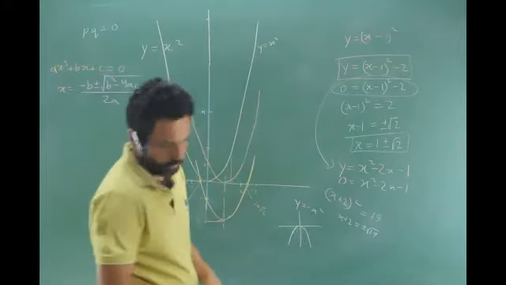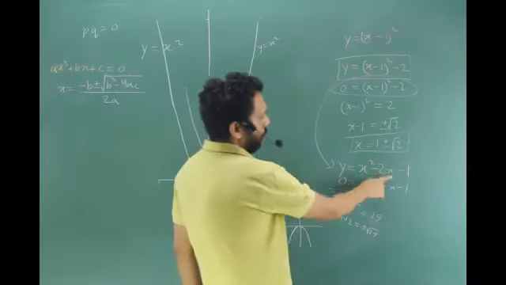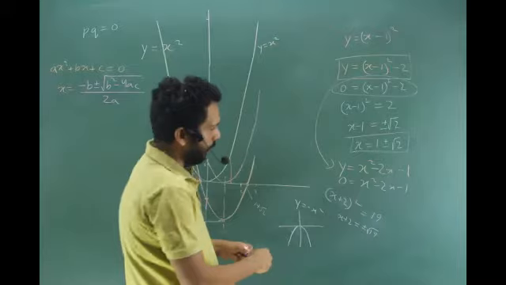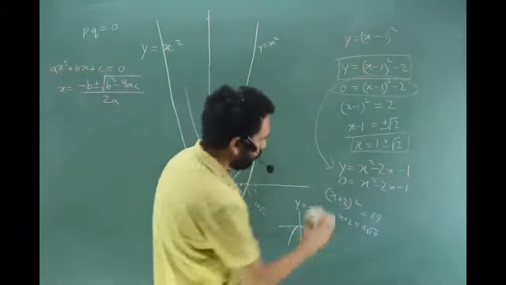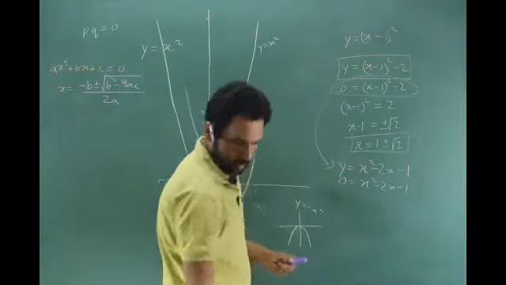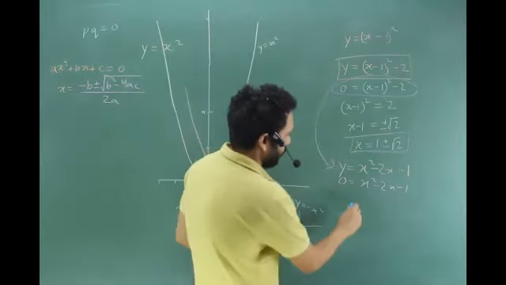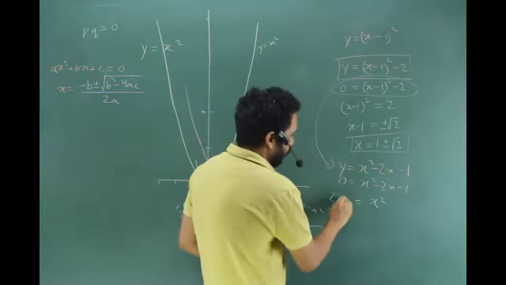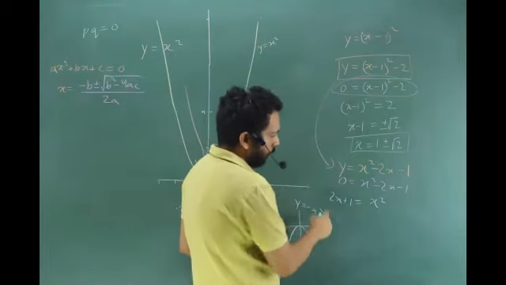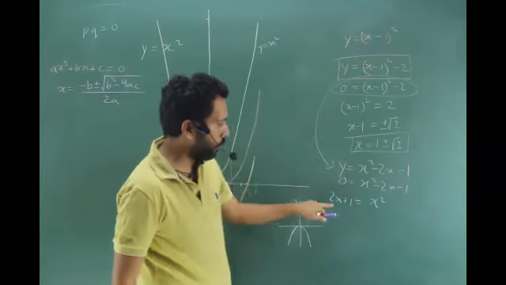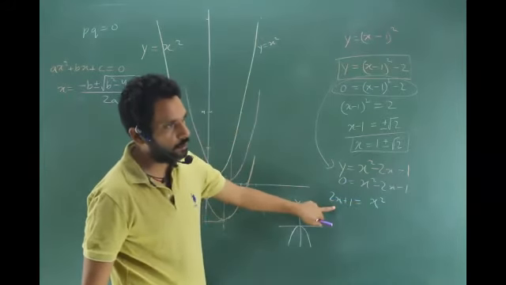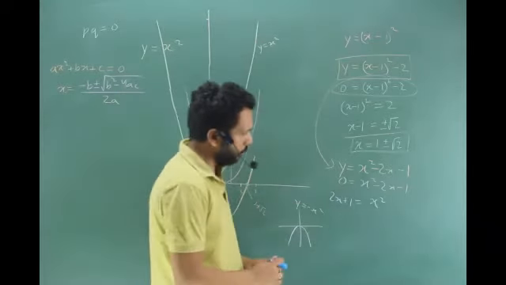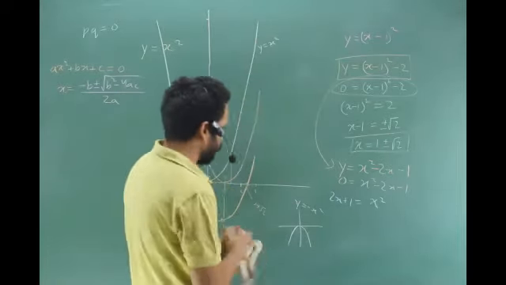So the point is I want a whole square and the rest as constant, and I can easily solve it. I don't want an x hanging around, because if there's an x hanging around, can I do this? If I had to solve this, can I do this? That x square this side and 2x plus 1 I take that side, and do a square root and solve it. If I do a square root, x is again hanging around, right? You can't do anything about it. Get the point? So you can't solve unless you have completed the square.